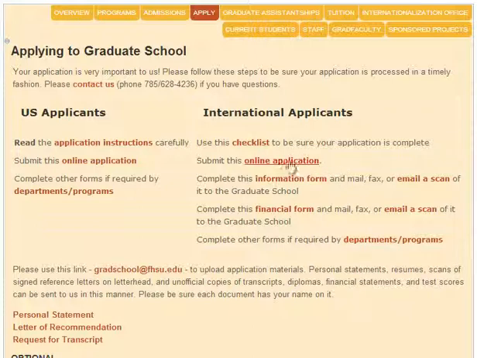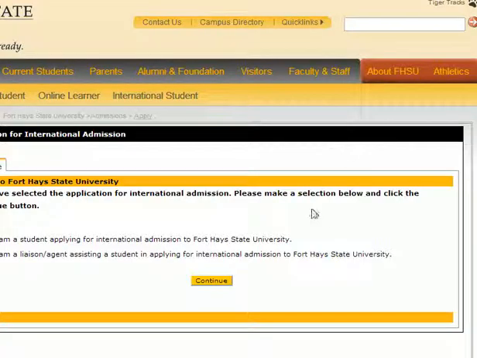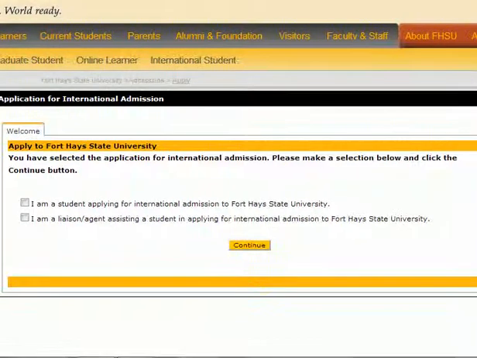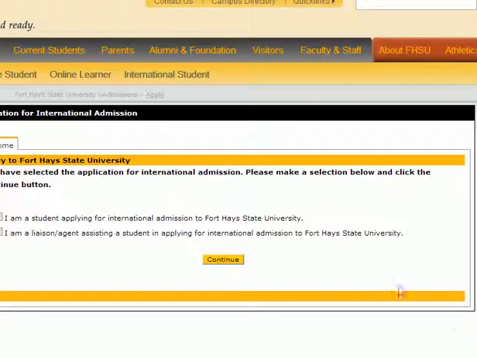The place I'd like to teach you about today is called the online application, and I'll click it now to begin our tutorial on how to apply for admission. So once you click on this link,